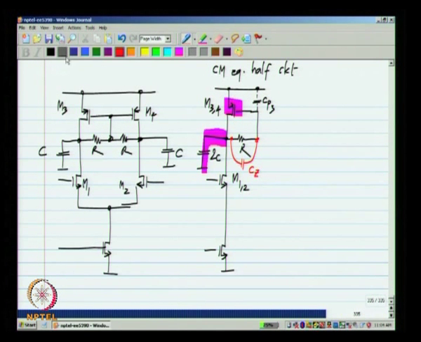Similarly, here the integrator is the GM of M34, that is 2 times GM3 divided by 2C. That will be the unity gain frequency of the integrator in the common mode feedback loop. In any feedback loop, you will have some integrator like behavior, and you will also have parasitic poles and zeros in the circuit. You just need to make sure that the effect of all those things is such that the phase margin is sufficient, that is there is not a significant phase lag at the unity loop gain frequency. Okay. This is the unity loop gain frequency of the common mode feedback circuit.